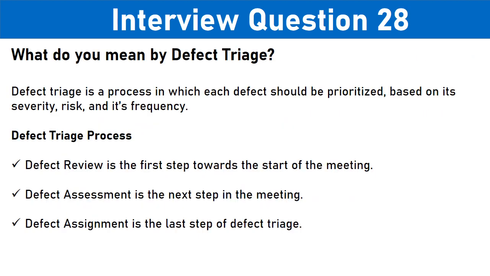What do you mean by defect triage? Defect triage is a process in which each defect should be prioritized based on its severity, risk, and its frequency. In the defect triage process,